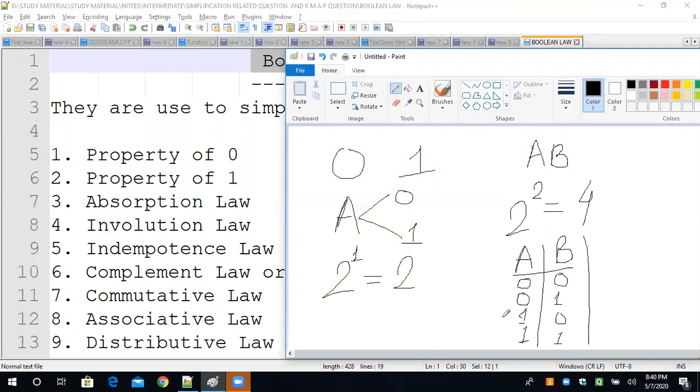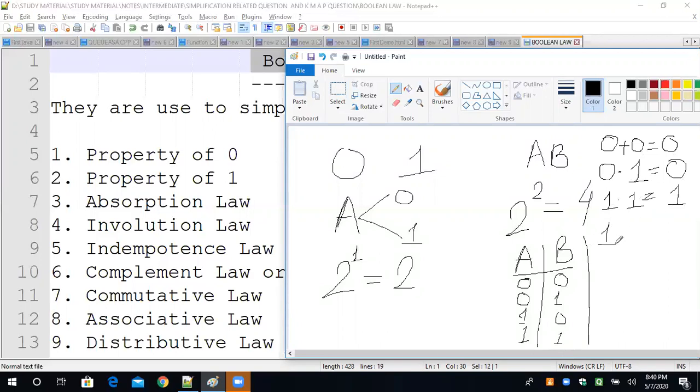Now next, when we add 0 plus 0, then what output will we receive? If we add 0 with 0, then definitely, by the simple mathematical concept, we will get 0. Understand? Suppose I calculate 0 into 1. Anything multiplied by 0, you will get 0. Okay, suppose I am multiplying 1 into 1. According to the mathematical concept, 1 into 1 will be 1. Up to this, everything is normal.